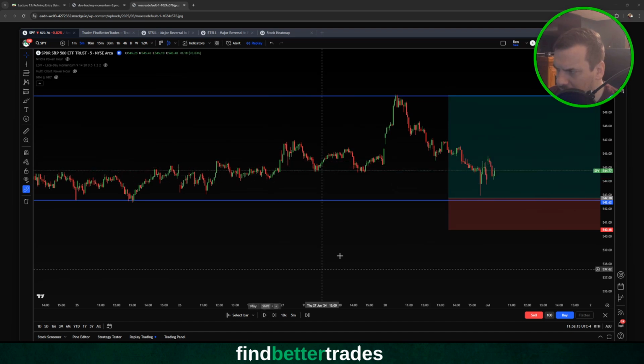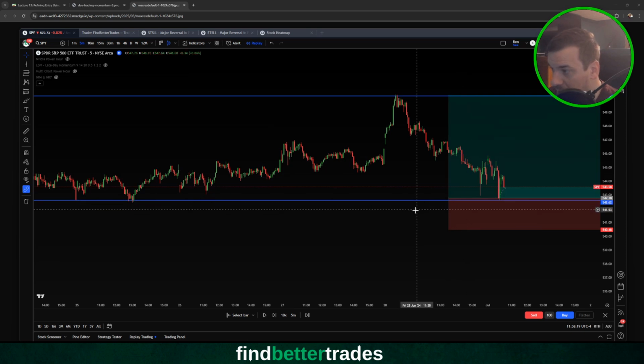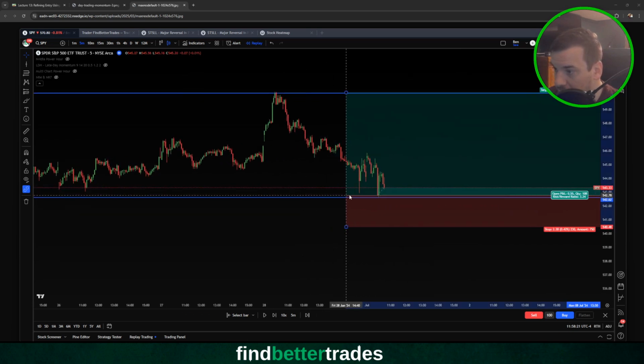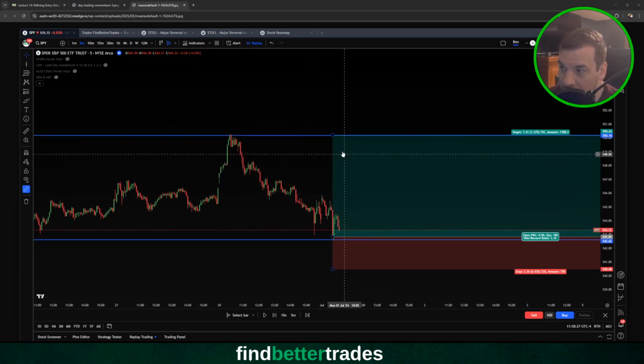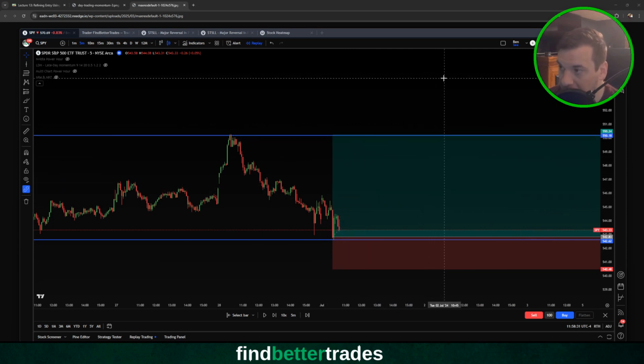We'll still wait. So that actually was very close to it. So you could have gotten in right there. So there was another one. So yeah, this trade would have signaled. So you would have had your position right there. And so the idea is that you can trade up to this resistance level, because it could potentially bounce again,